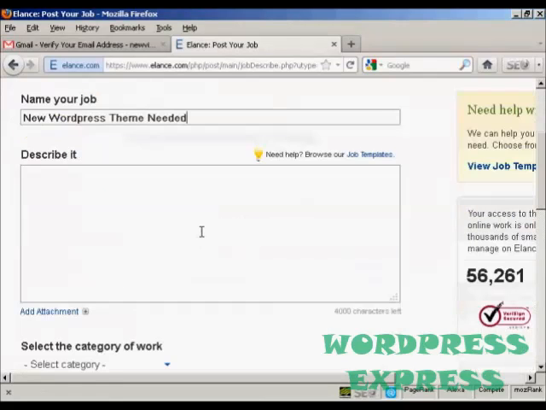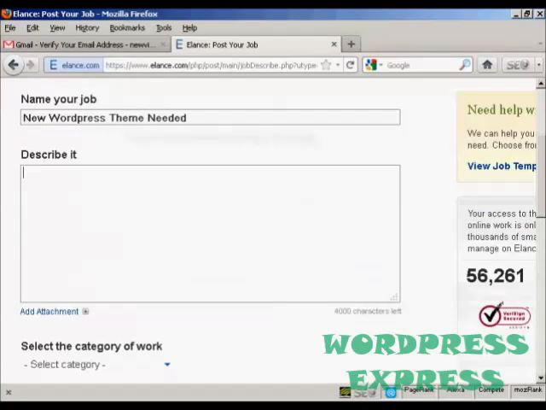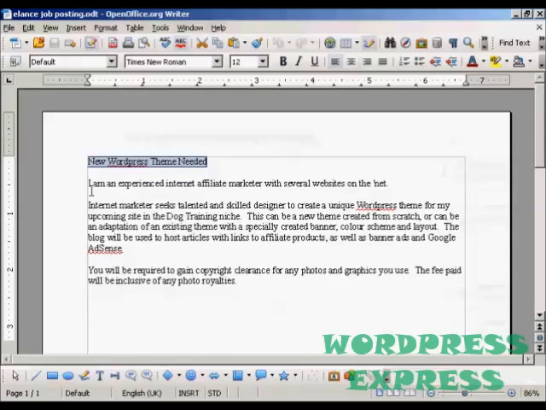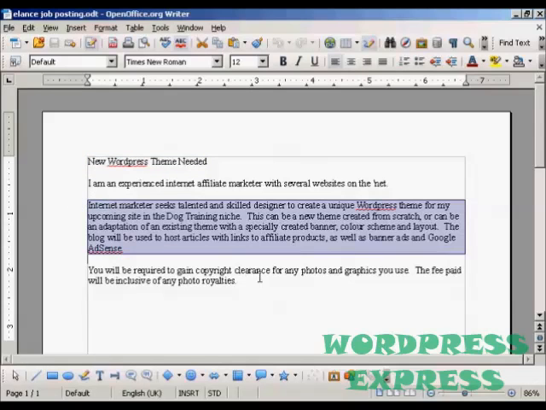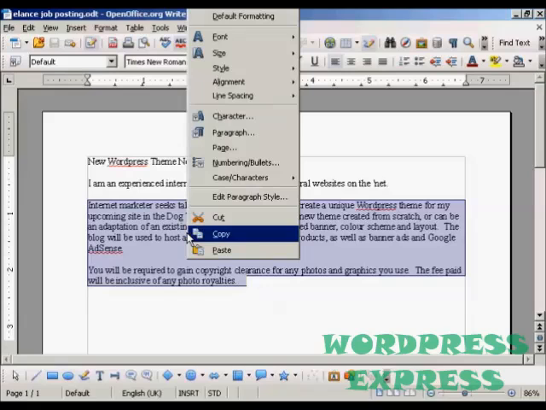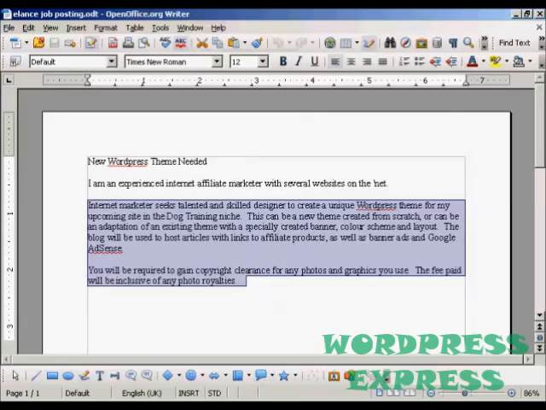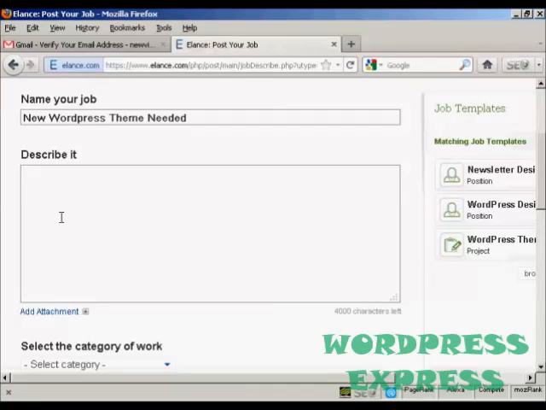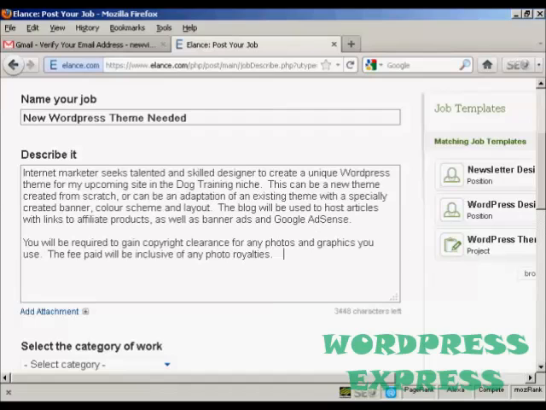New WordPress theme needed, so I'm going to highlight all this one paragraph at a time and copy that, so you can put that in, and then here is my job that I want to have somebody do. I can post that in,